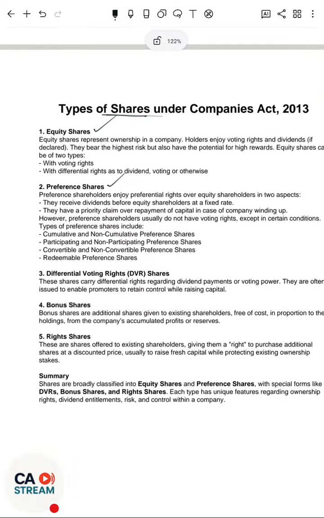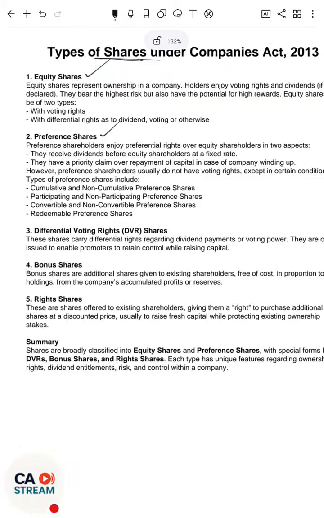Now, what are the types of shares? Equity shares as well as preference shares. Let me first go with the preference shares. Why? Because an equity share is a share which is not a preference share. Now it is very important to discuss what you mean by preference share. Preference means what, sir? We are giving priority. Priority over what? Priority over two things.